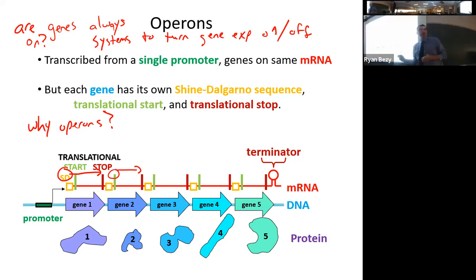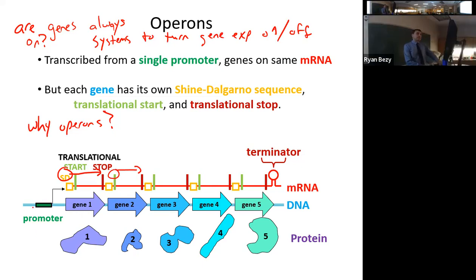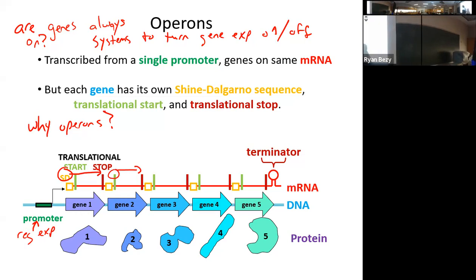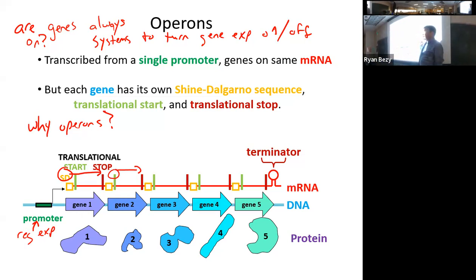And what you can do is, let's just say you have this particular operon, it needs to be on. You can have a thing that either blocks or restricts access or permits access to the promoter. What you can do is regulate expression here at the promoter. But if you regulate the expression at just this one spot, this promoter, you regulate the expression of all the genes in the operon simultaneously.